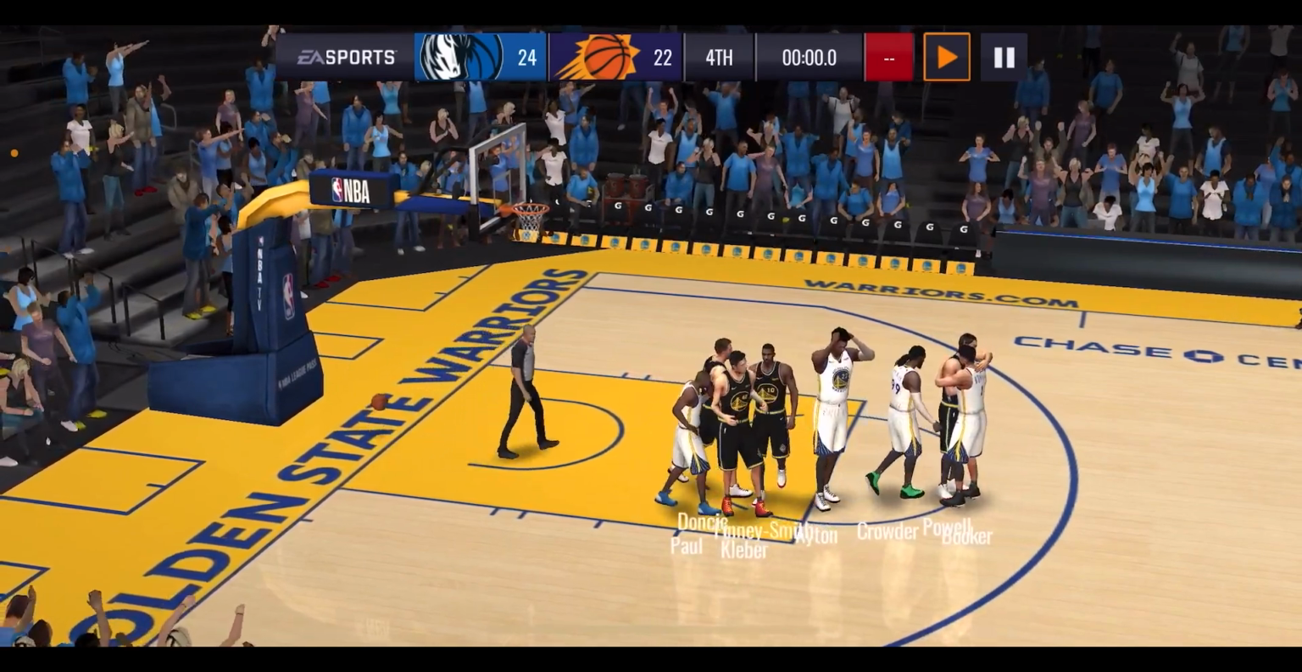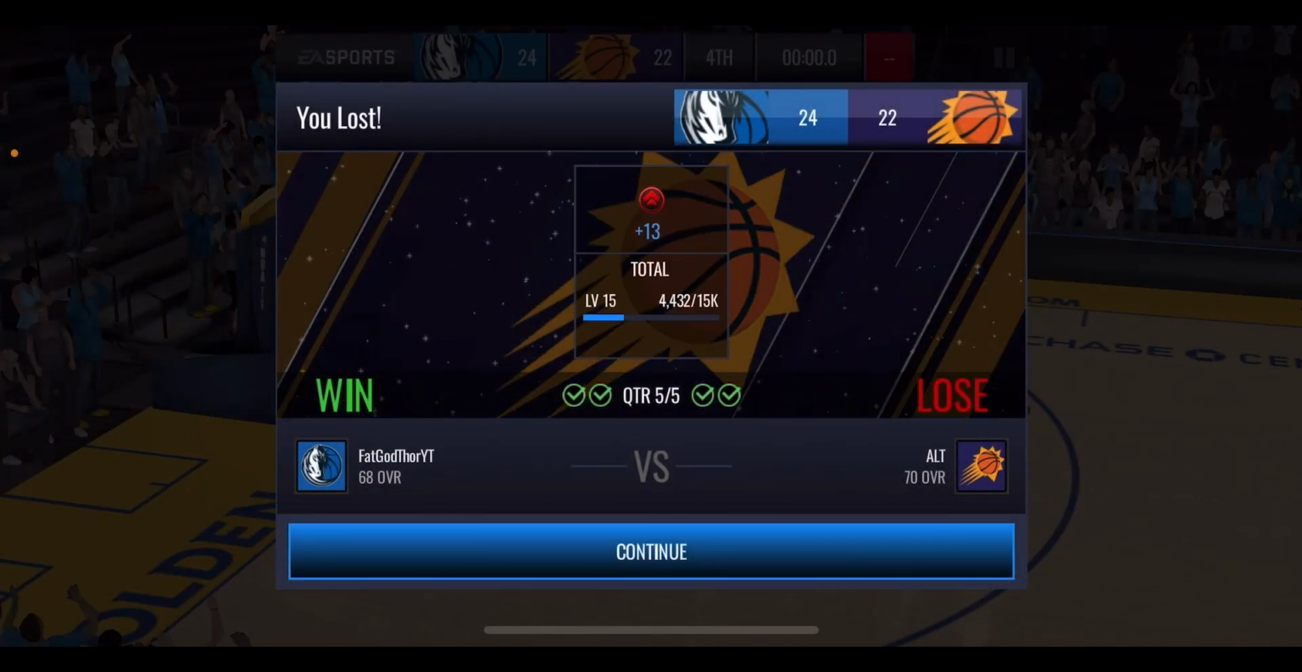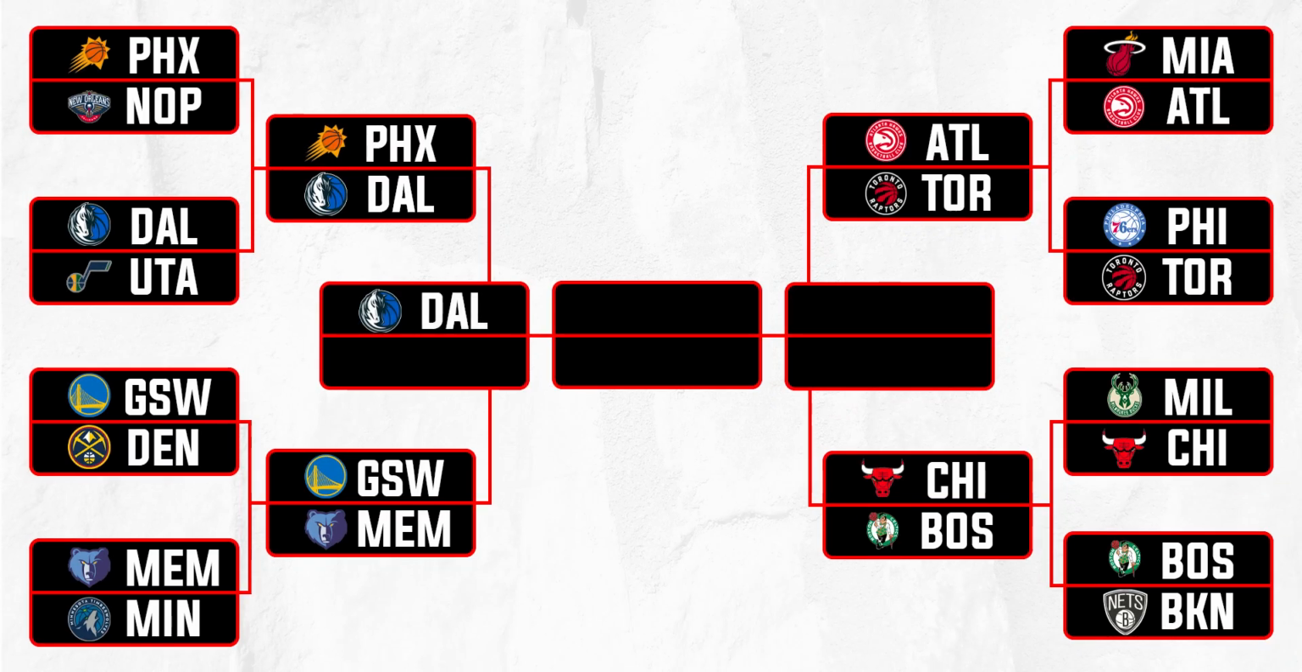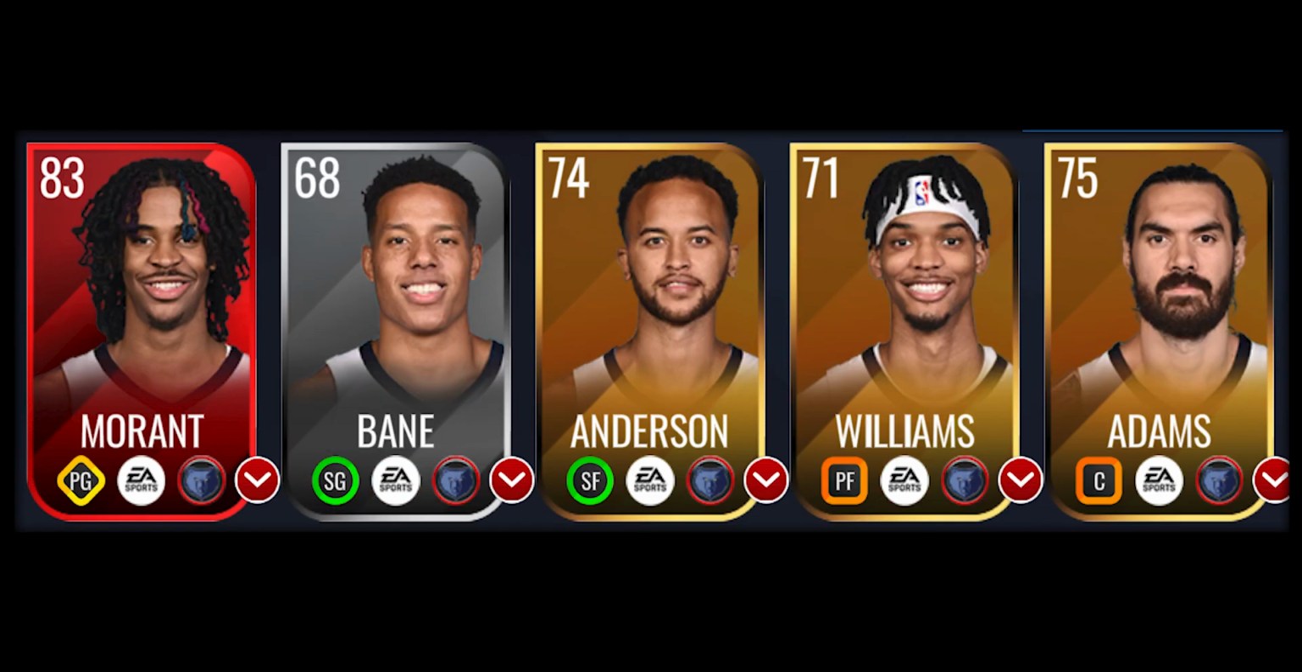This is the end of the road for the Suns. Again, a little bit of an upset happening in this round 2. So the Mavericks are going through to the conference finals in the West. And then the other round 2 game for the West, we had the Golden State Warriors against the Memphis Grizzlies,